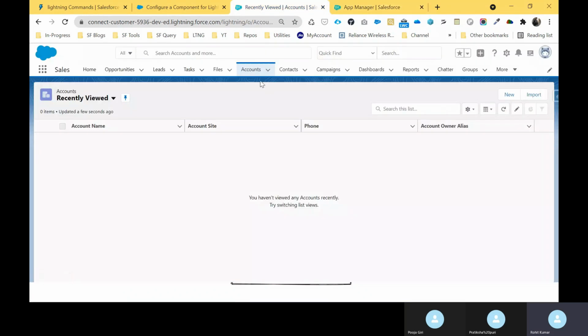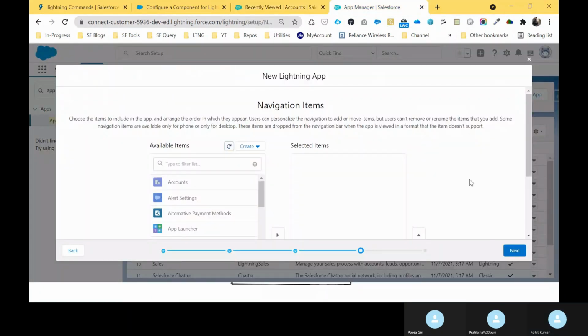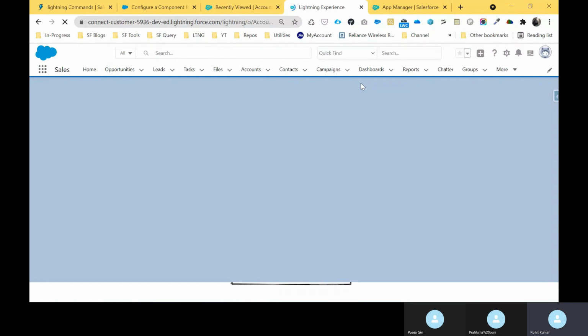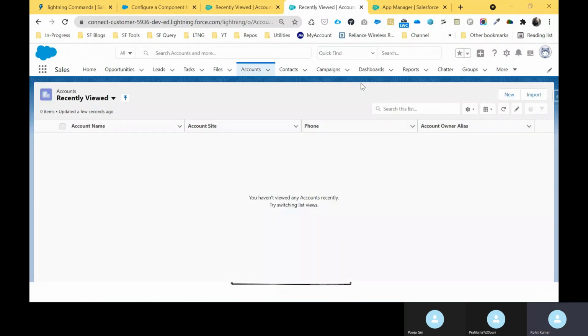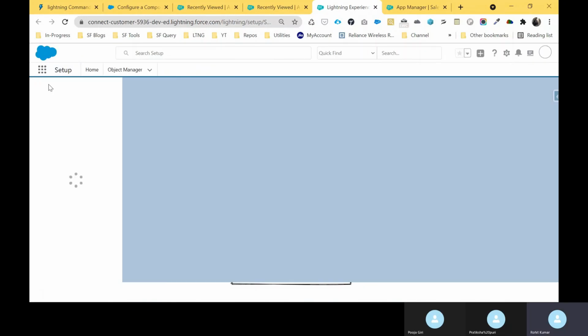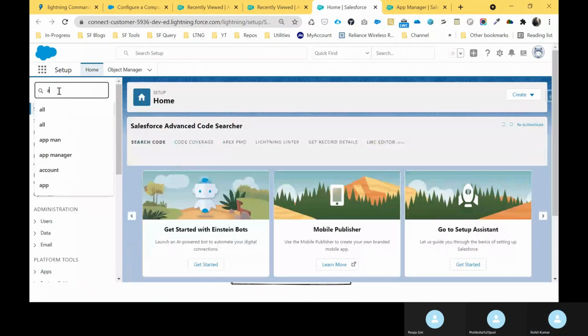So here you can see account, right? Let me edit this sales application. Let me duplicate here. Then click the setup, and under the setup you have to search for app manager.